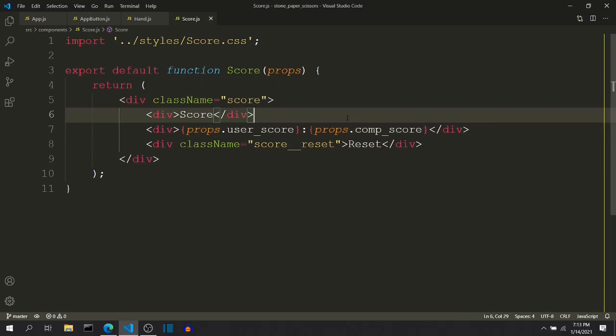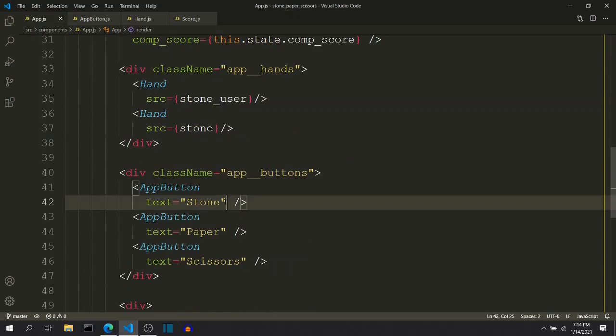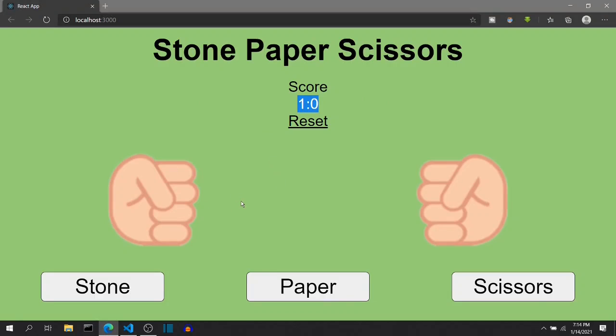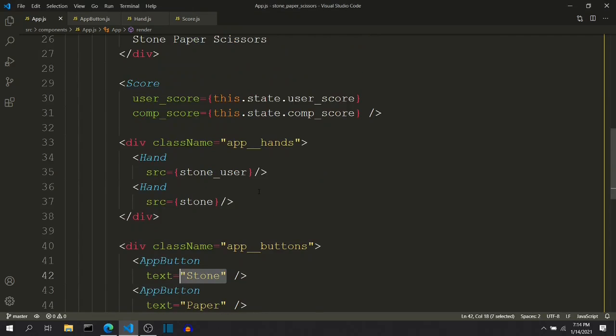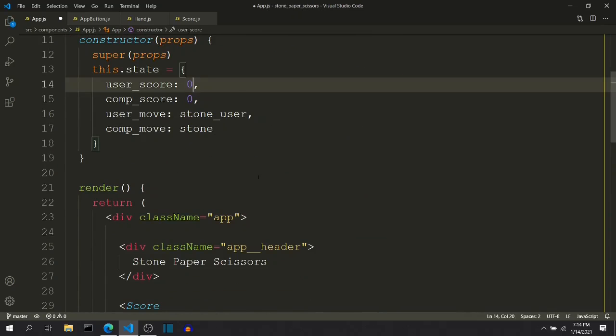So you can consider that states and properties are related to each other, but not all properties will be states. For example, in our app button, this text, even though we have passed it as a property, is not going to change in the entire game. So this need not be associated with any state, and we can keep this hard coded because it is not going to change any time in our game. And whatever elements are going to change dynamically, just like the score and these images that we just discussed, those elements should be our React states. And we have done that over here, so I will revert back to 0 0.